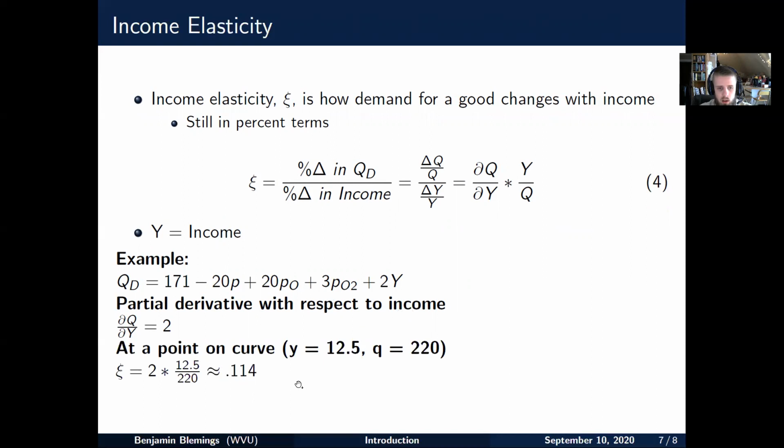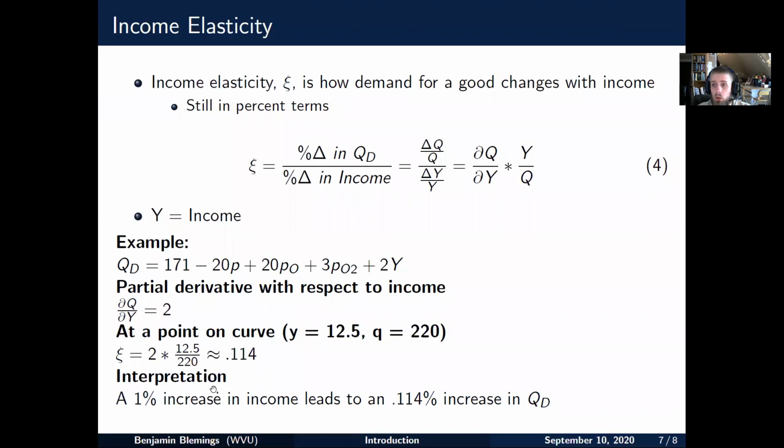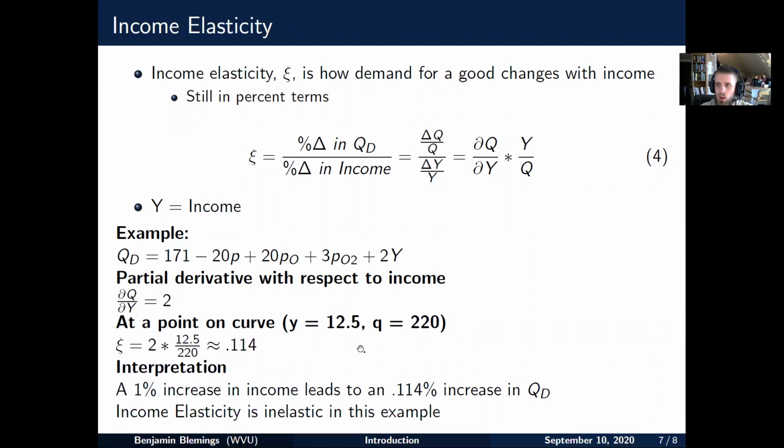And so we're calling this point on this curve, income is 12.5, quantity is 220. And so plugging these numbers into our formula up here, we have 2, which is this, times 12.5 goes here, 2 over 220 goes here. We get that the income elasticity is approximately 0.114. And so that just means that a 1% increase in income leads to a 0.114% increase in quantity demanded at this particular point, which means that income is inelastic at this point on this